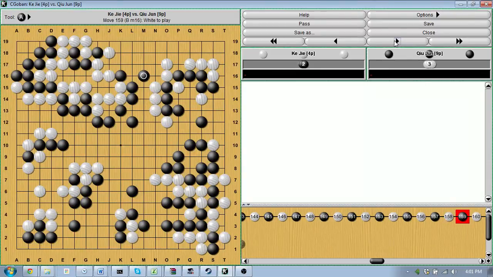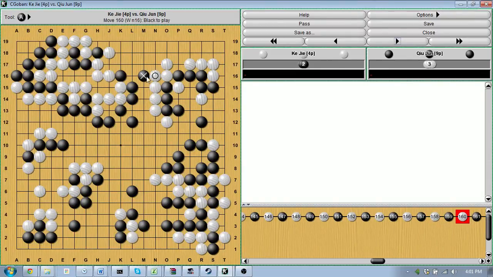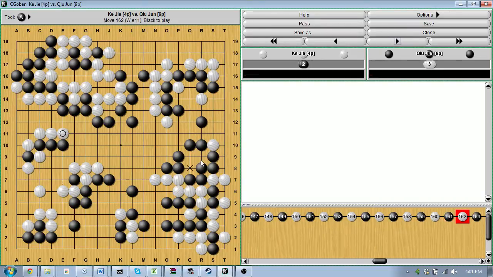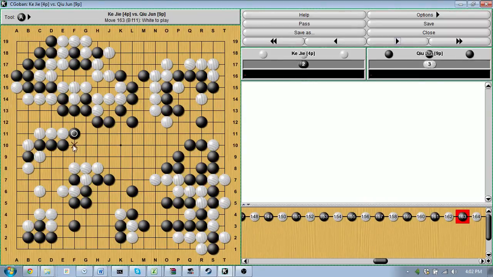It's really sad, but black peeps down here and is trying to break up this upper side territory on the top, as well as defend as much as possible. And again, white's eyeing the cut that I mentioned earlier with this advancing move, but now it's like, well, what about that other cut? Black has to,